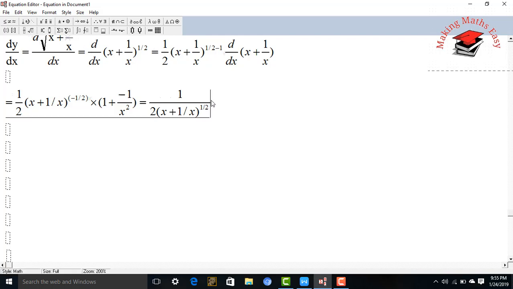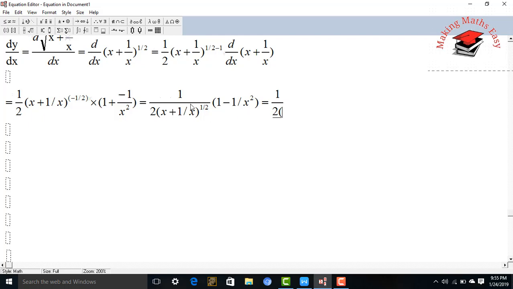So, into, put a bracket, 1 minus 1 divided by x square. You can keep it as it is, or you can solve further for the answer. We will solve further. So the value I will get here is 1 divided by 2